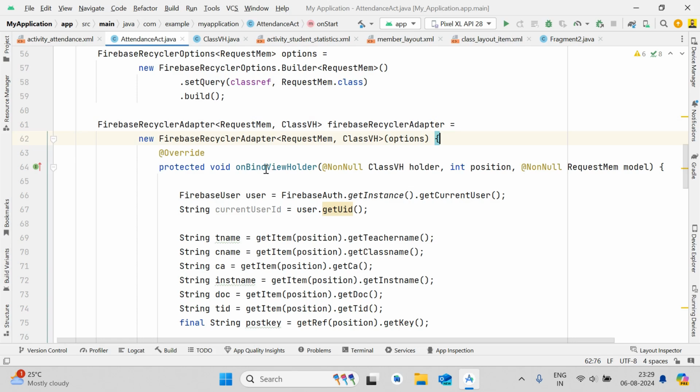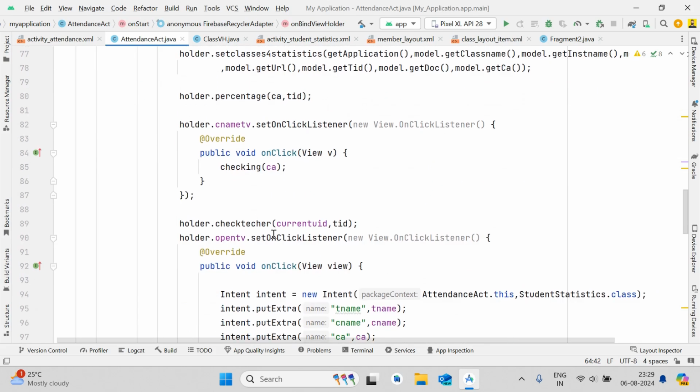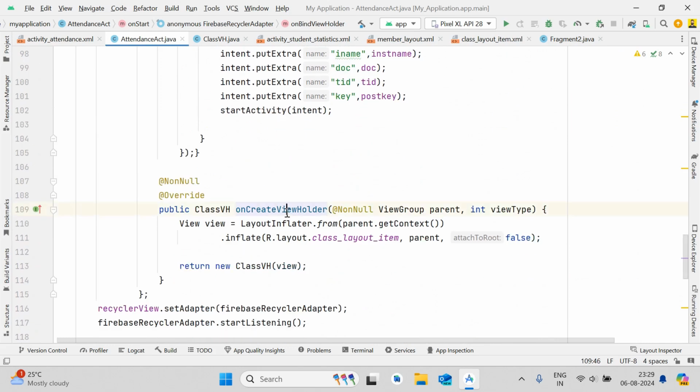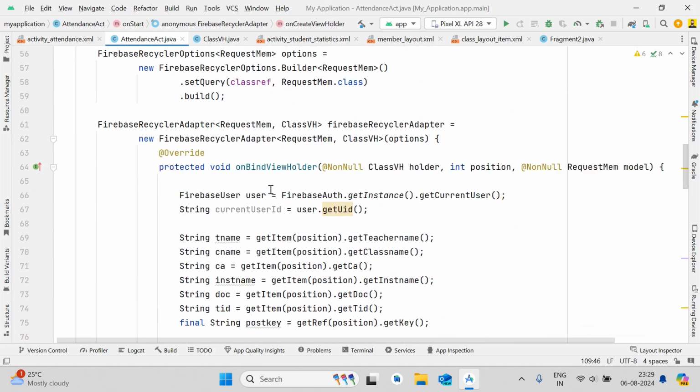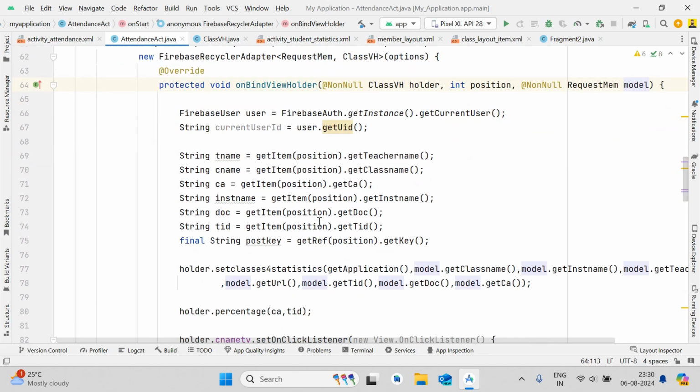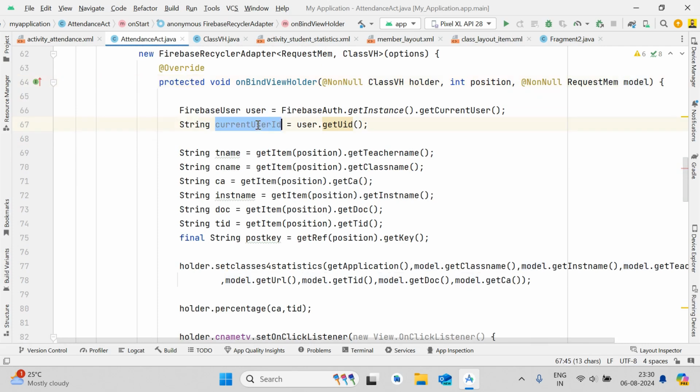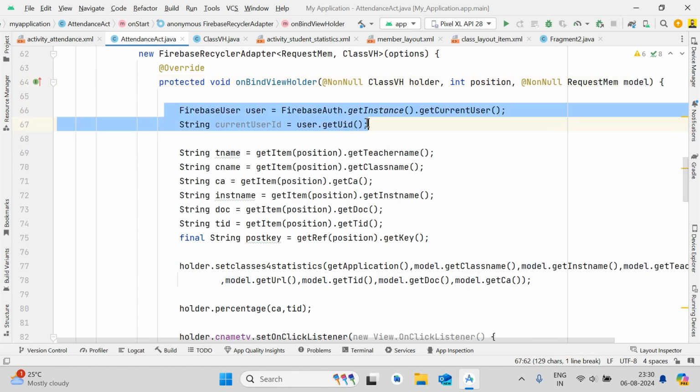and write the code, it will tell you to create two methods, which are onBindViewHolder and onCreateViewHolder. Inside this onBindViewHolder, you will get a method which is the class VH holder, position, request member model class. After that, this code is not used, so you can avoid it for now,